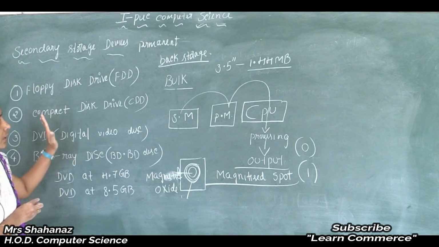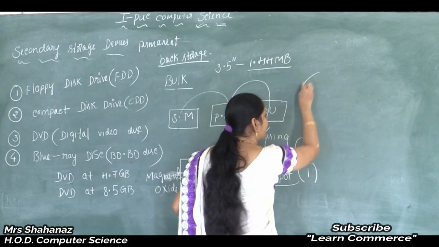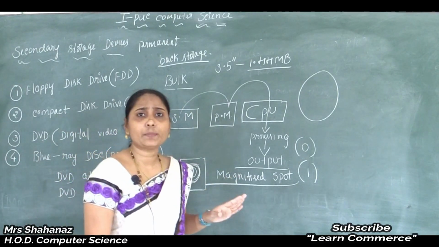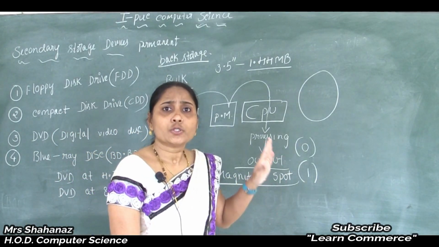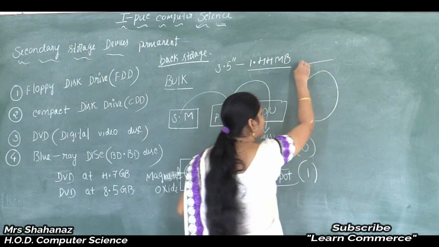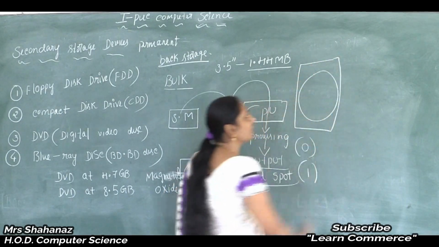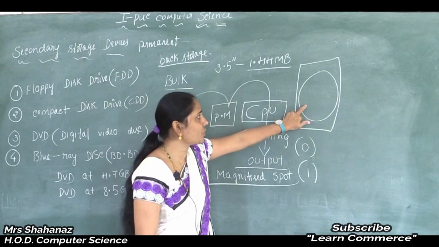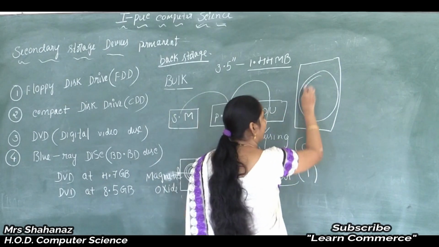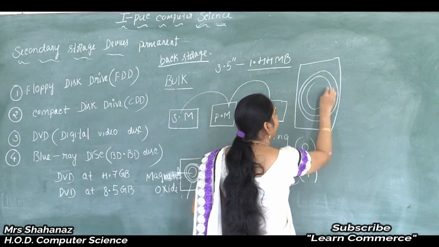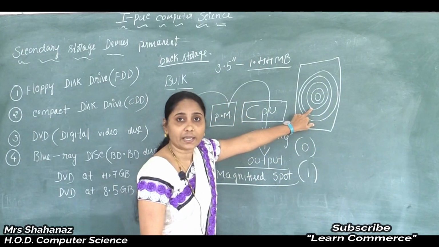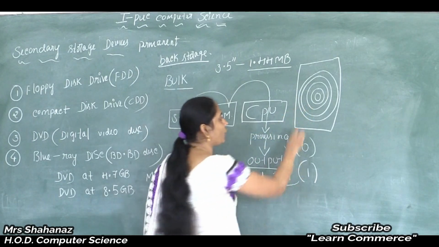And lastly I want to tell about the floppy disk. As we know, this plate is a thin flexible plastic plate, and so it is going to look circular here, and such a plate is placed inside the square plastic jacket. Correct? No? So this surface of the plate is divided into a number of concentric circles. So clear this point here. The plate is divided into a number of concentric circles here, and these circles are called the tracks.